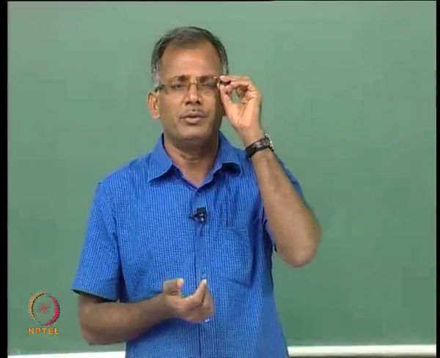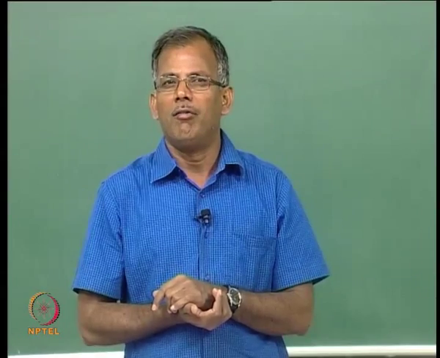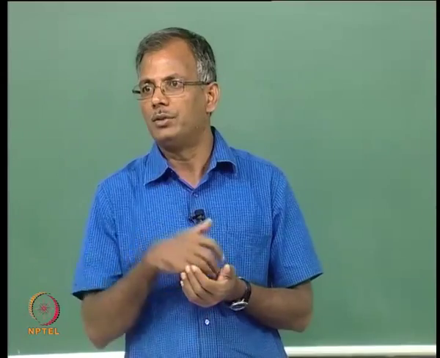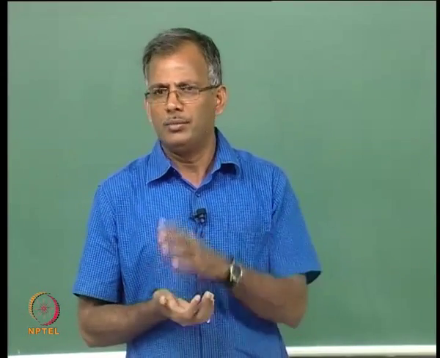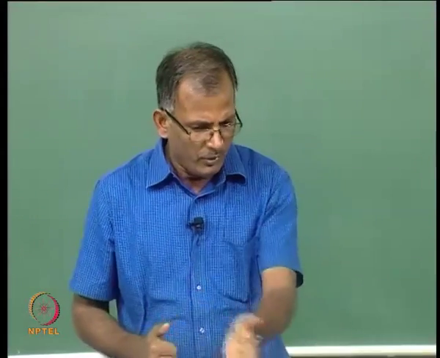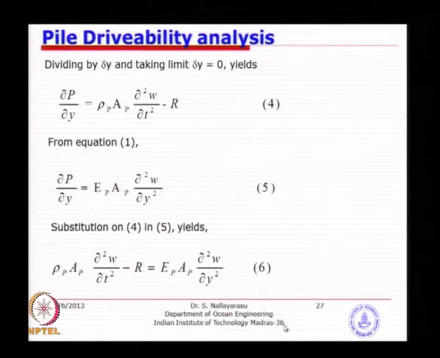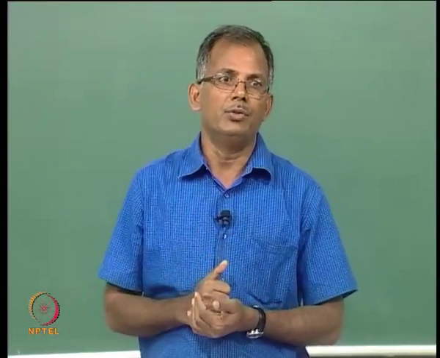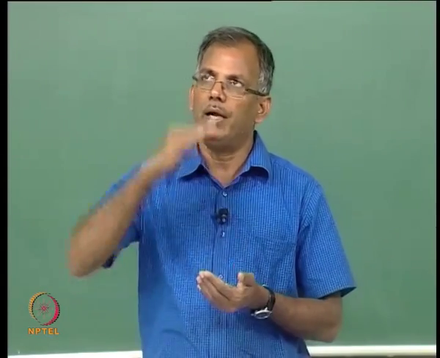A very similar equation you might have seen in wave theory: del square phi by del x square plus del square phi by del y square. I think you might have been going through that course, and the method of separation of variables for both directions x and y. We are going to do exactly the same; the only thing is here you have one direction, which is the direction of the pile, and the other one is time. So this is a coupled equation between time and space, but only one dimension, because the pile is uniform, or you can have cross sections change when you use a numerical method to divide the pile into several segments.